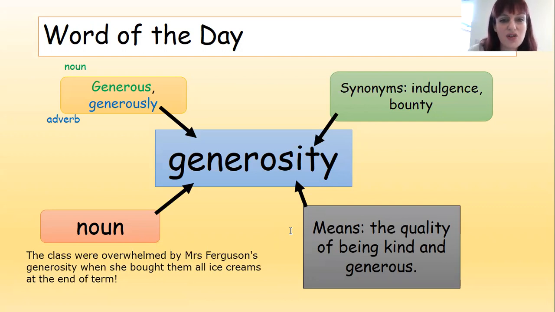You need to write your own sentence now. You can magpie mine. You can write one of your own. I do want you to write this down, and I want it to be submitted with the rest of your work. So you might want to pause. I'm going to give you maybe 2 or 3 minutes to do this. Don't take ages over it, and then come back to the video.